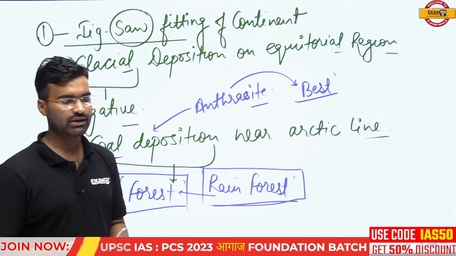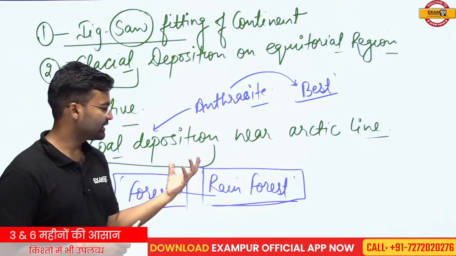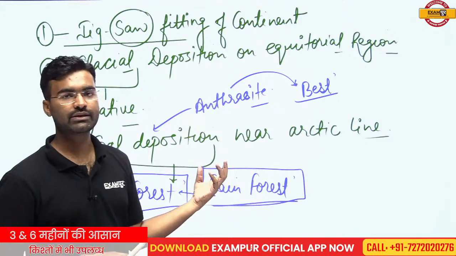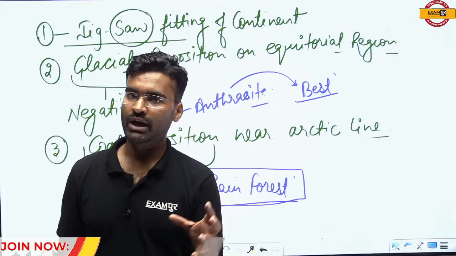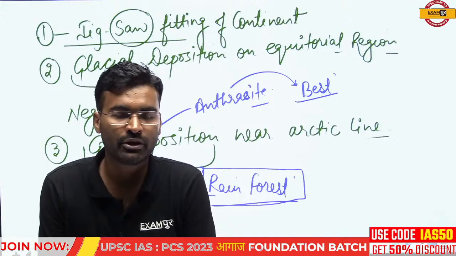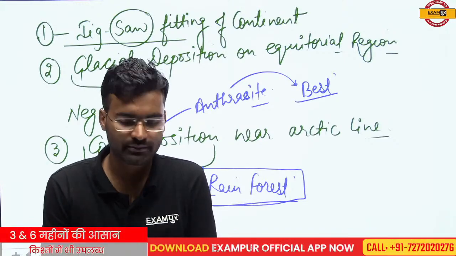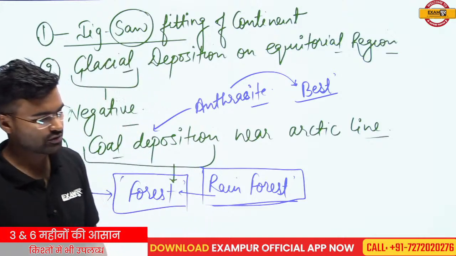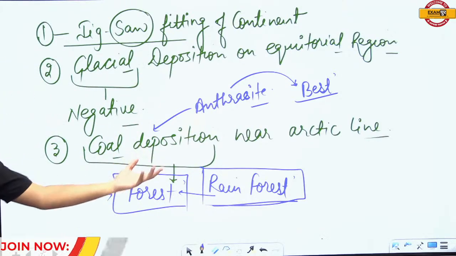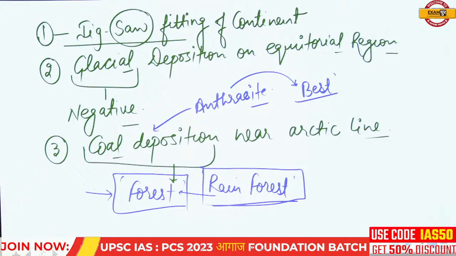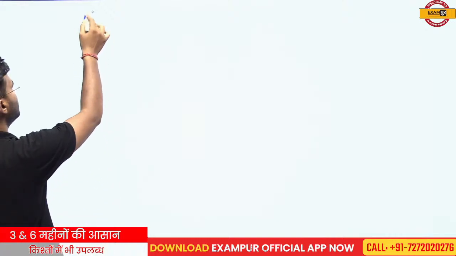Best quality of the coal, that is the anthracite coal. So this evidence also supports the theory of Mr. Wagner. The third evidence was given by Mr. Wagner. The fourth evidence, he took the fossils